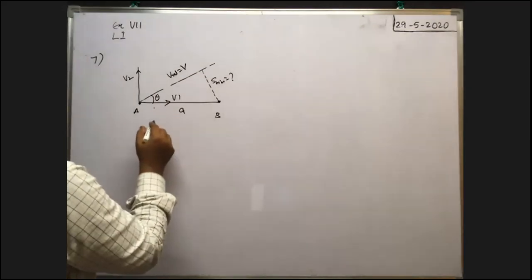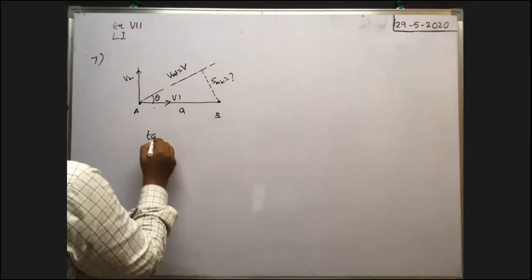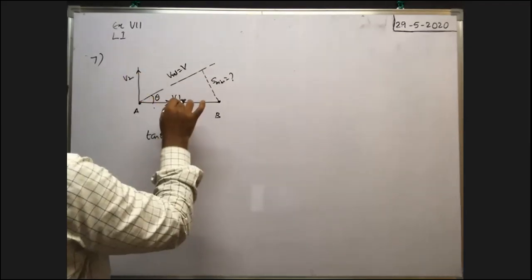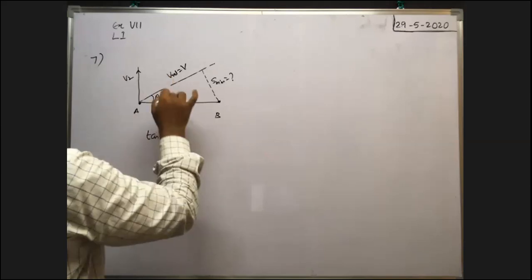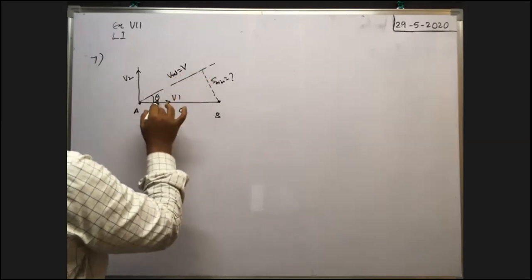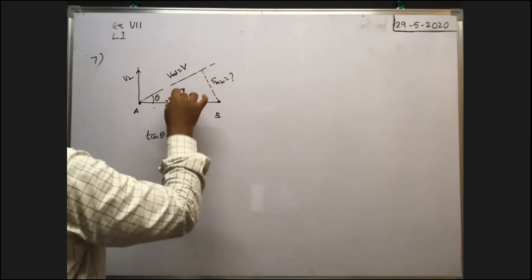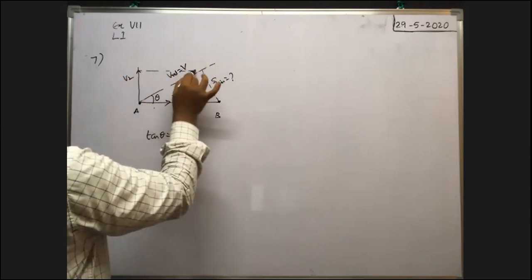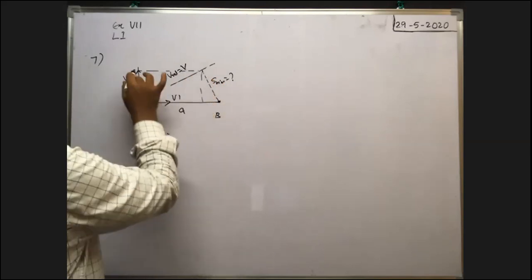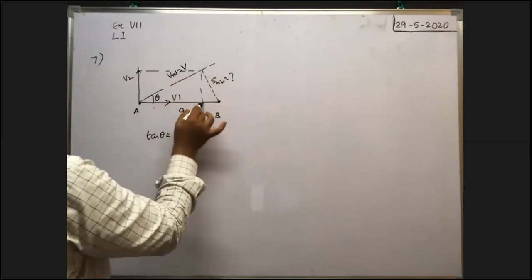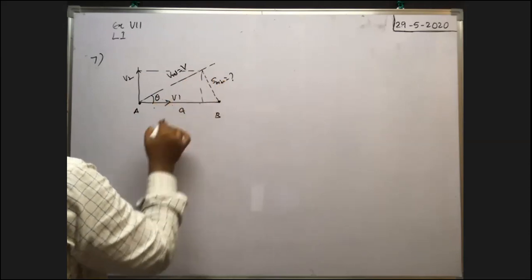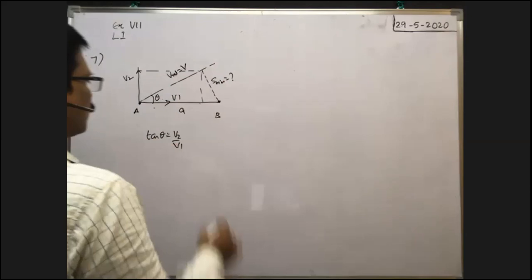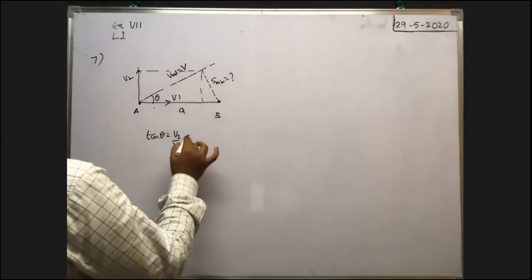Okay, you see here, how can we write tan theta? In this direction, velocity v2, in this direction, velocity v1. The resultant of these two is along this direction, which makes an angle theta. Then tan theta is equal to y component by x component. When it is divided into two components like this, this is v2, this is v1. Then tan theta is equal to v2 by v1. This is equation 1.